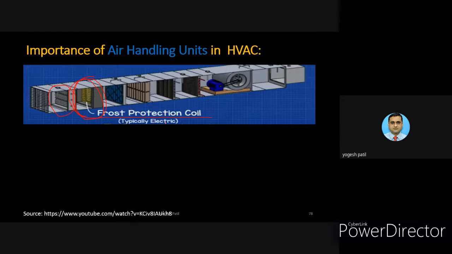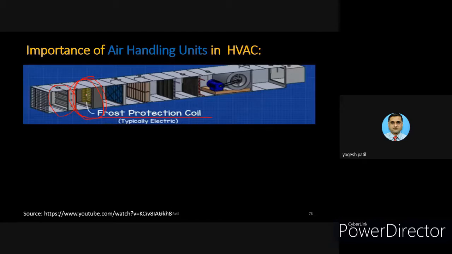So in this situation, there is a need for a pre-heater in the inlet of the fresh air intake. The temperature of that zone is already very low, at the freezing point or close to it. So obviously there is a requirement for pre-heaters in the inlet of the fresh air intake. This is usually an electric type of heater. For example, if the outside air is around 6 degrees Celsius, or 42.8 degrees Fahrenheit, the heater will turn on automatically. This heater will get turned on automatically and heat up the air to protect the components inside